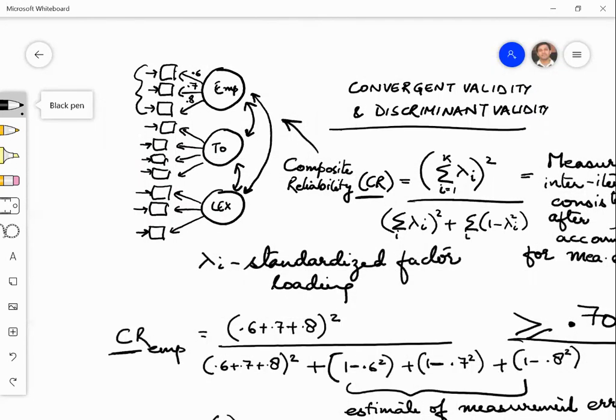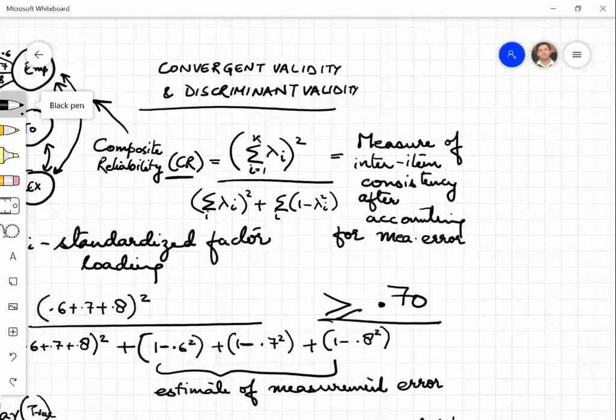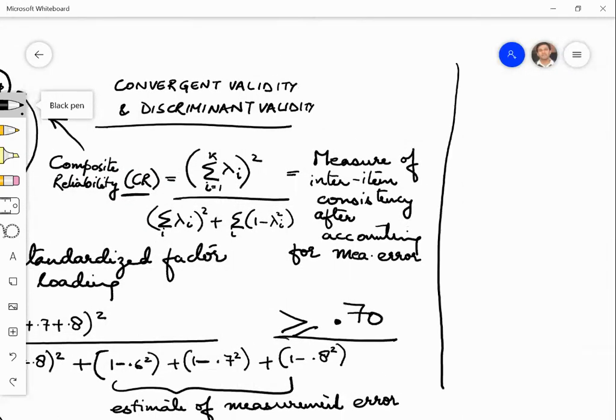Similarly, you will compute CR for TO and you will compute CR for LEX, right? So this is the convergent validity computation. Then we have another